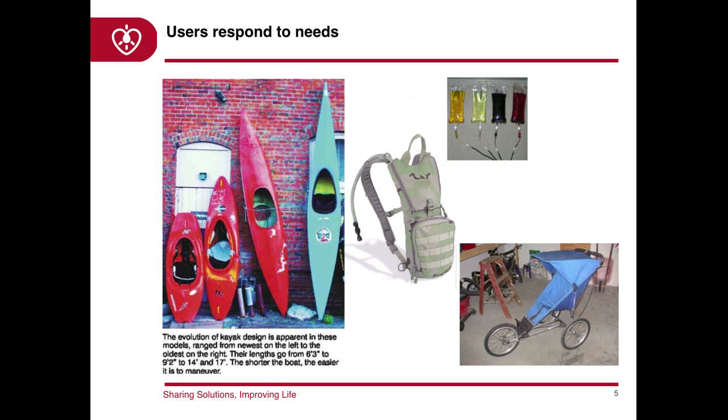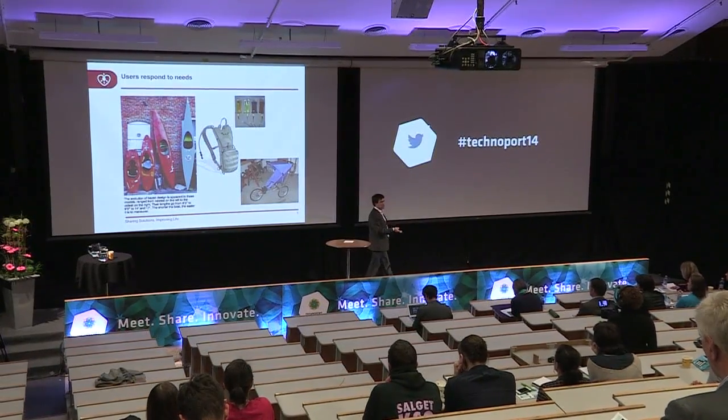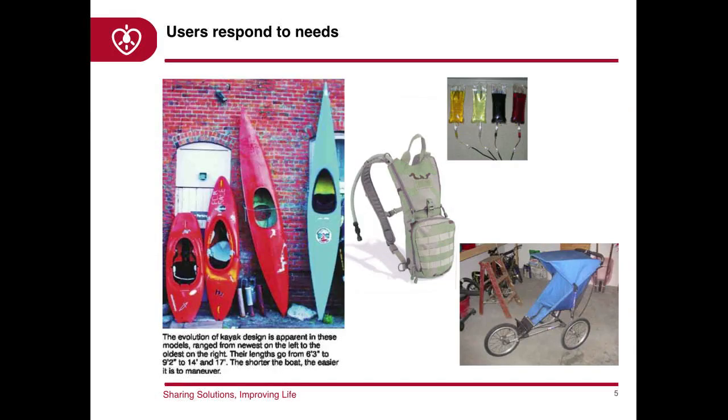So, all these examples have nothing to do with healthcare, as you, of course, can see, right? But they are just examples of the sort of research that we did and we do in terms of trying to find the sources of innovation and trying to understand what's the role of users in developing new solutions, new products, new services. Like this stroller over here, again, developed by a mother that had a baby, and because she used to jog, and now she couldn't because of the baby, she had to develop a solution for herself.